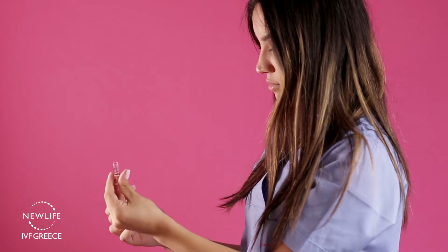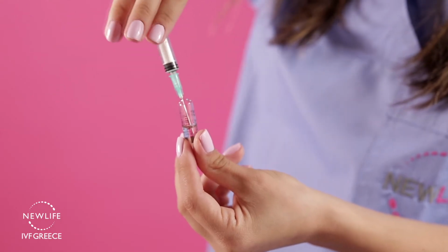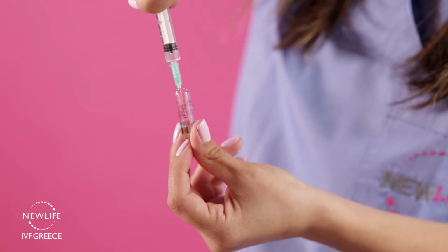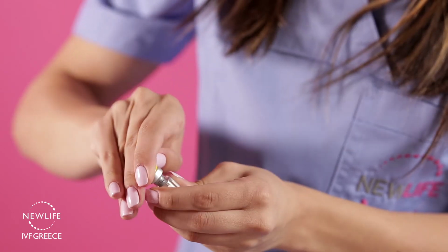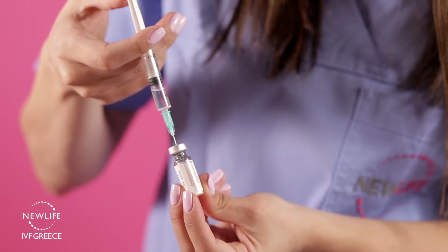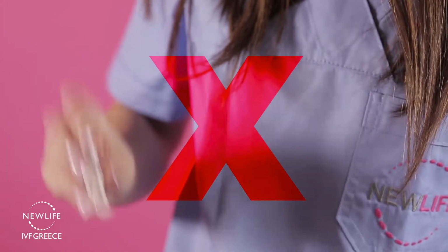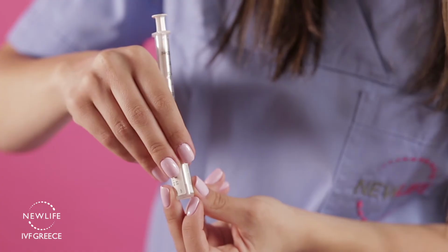Insert the needle into the ampule of solvent and aspirate all fluid by pulling back the plunger. Then take the plastic cap off the vial of powder. Take the syringe containing the solvent and pierce the center of the rubber stopper with a needle. Then press the plunger down, slowly adding the solvent and not shaking roughly, but mixing the contents by swirling gently